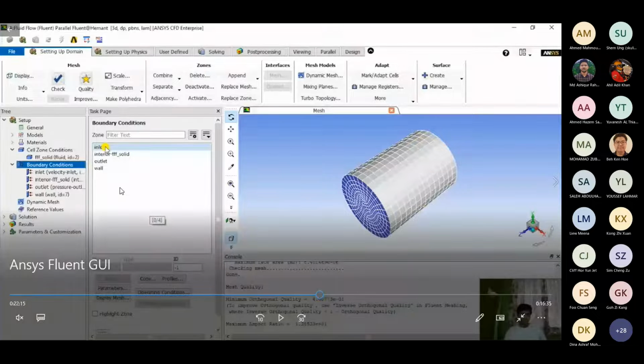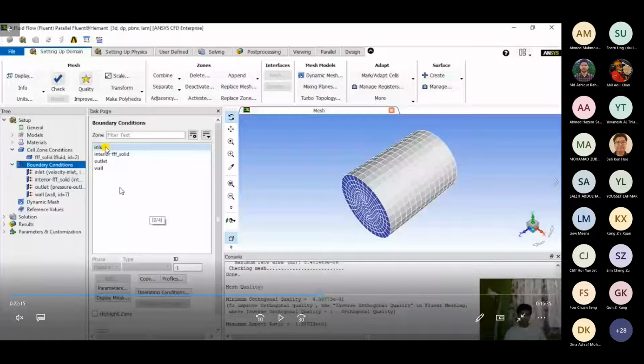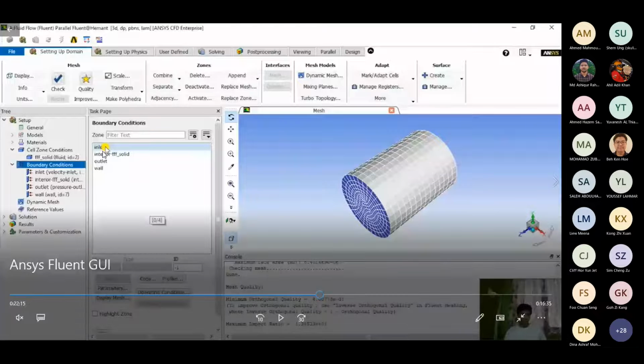In yesterday's talk, I mentioned this while giving the name selections in your meshing GUI. You give the names exactly as they are, and what they identify is their purpose. For inlet, your flow will go in, that's why it's called inlet. From outlet the flow will go out, so it is called outlet, and wall will be the constraining place which constrains the flow. So that's what we have defined.